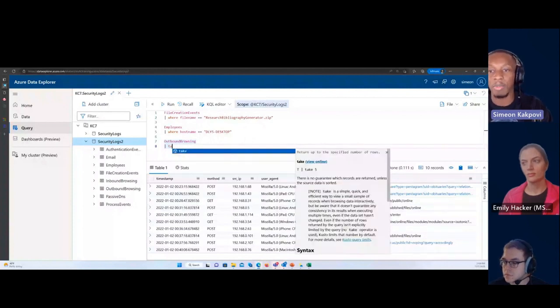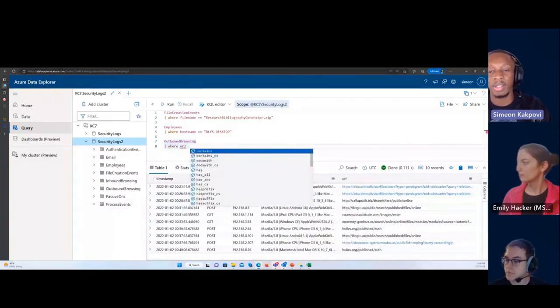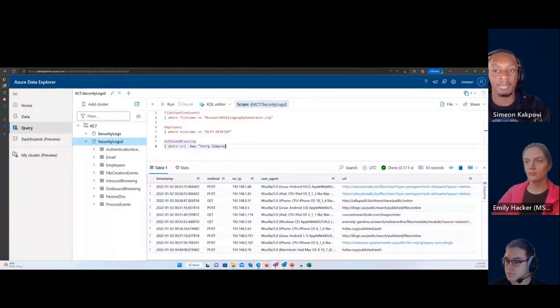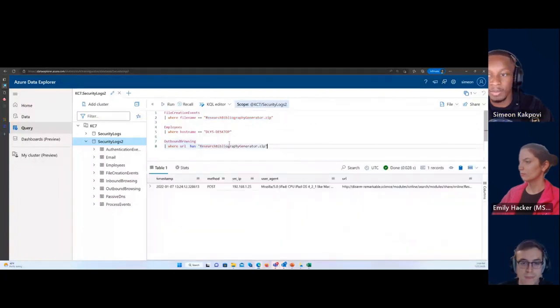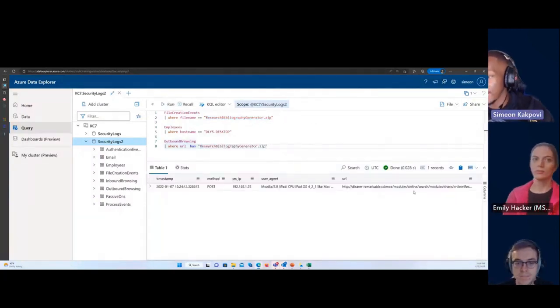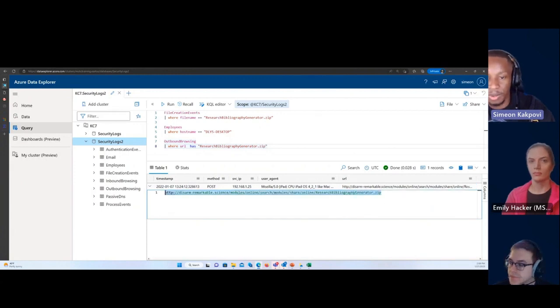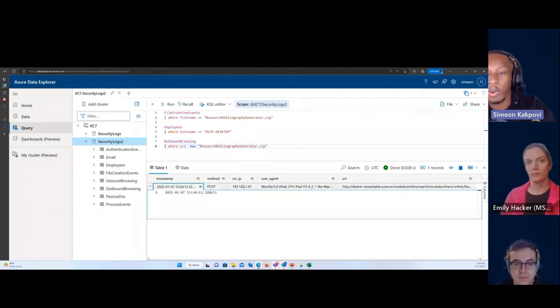So I will say outbound browsing, where URL has researchbibliographygenerator.zip. And we see that someone did browse to a URL, disembark-remarkable.science on January 7th at 1324, and they have this source IP. I would wager it is also Terry Simpson.